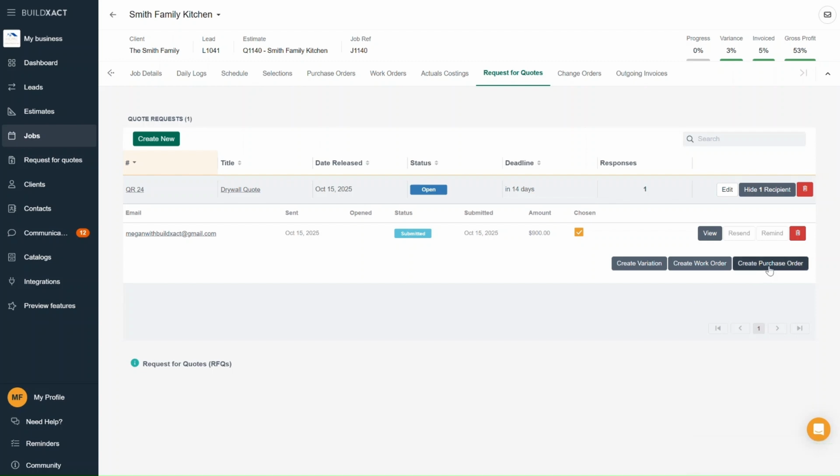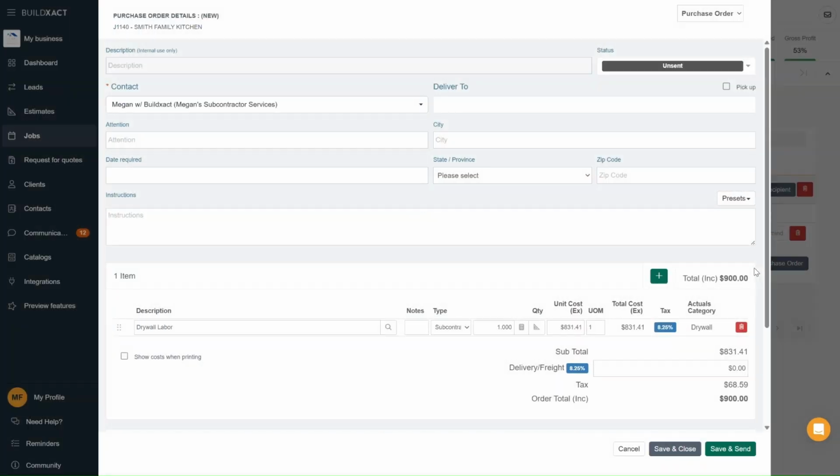And quick side note, you can also convert it into a work order, though that's not as common, but some larger companies do that for internal work between departments, which is valid. But for most users, your quote request will usually end up becoming either a change order or a purchase order. I'll select purchase order, and there's a separate video that walks through how purchase orders work in detail, so I won't go into detail about that here, and I'm going to skip all the sending steps and jump straight into